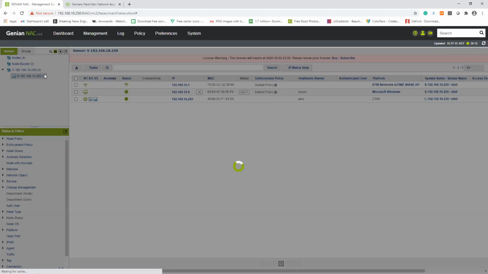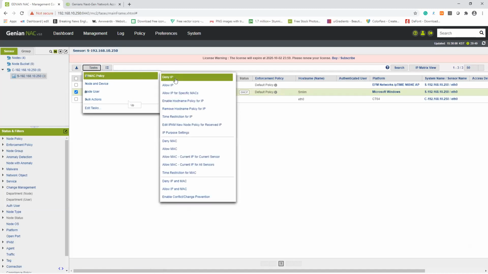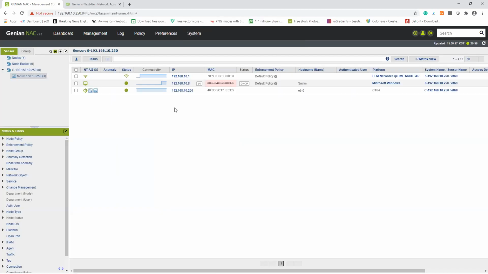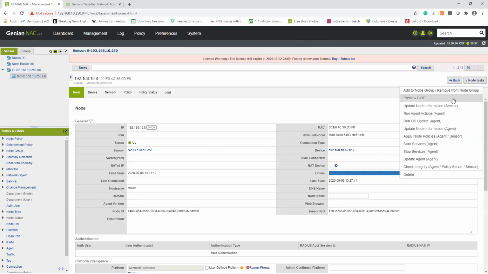And I manually change my node status, task IPMAC policy, deny MAC. Okay. You can see the line on the MAC, and if the device tries to access the internet, the device will show